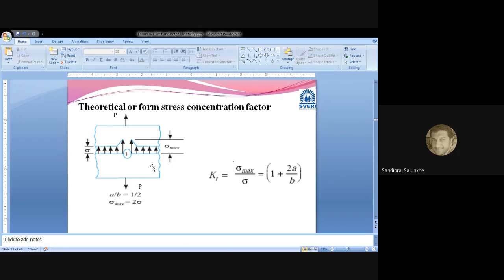Now this Q is the new quantity, or we have introduced one more concept, and that is known as notch sensitivity. Now what is this notch sensitivity? Notch sensitivity means, if we take a shaft and apply a tensile load on that shaft, where there is no step, no groove, no keyway on the shaft, nothing, a regular cylindrical shaft.